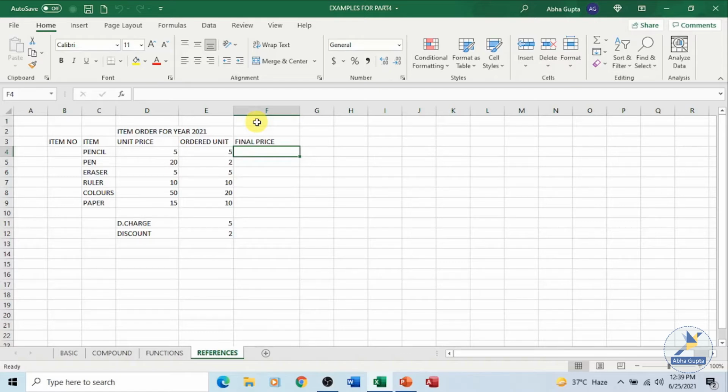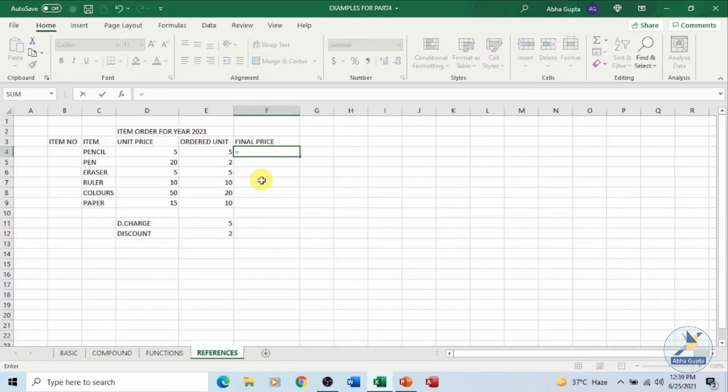For example, let's take a simple example and calculate the final price. These are the items. We have the unit price, we have the units which have been ordered, and let's calculate the final price. Our final price will be the unit price into the quantity, or the units ordered. So in cell F4, let's put in the formula.